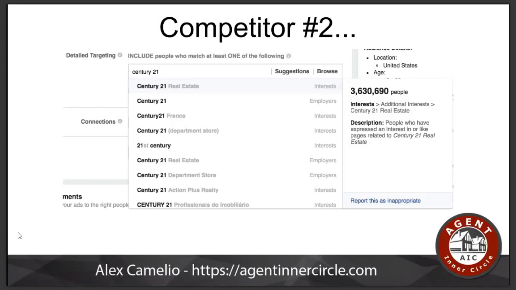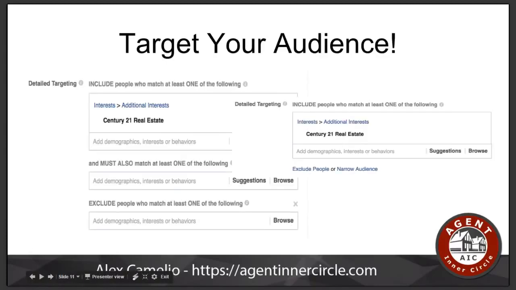You can look at the other two brokerages that are down the street from you and go, you know what? I want to target these sets of traffic specifically, stack them on top of each other, and then have Facebook do what's called a comparison audience. And what a comparison audience does is